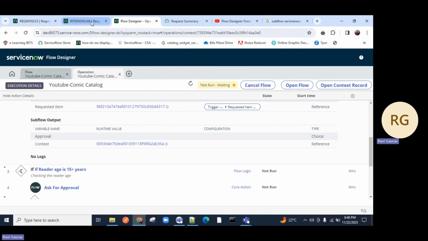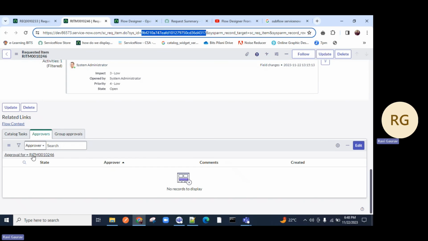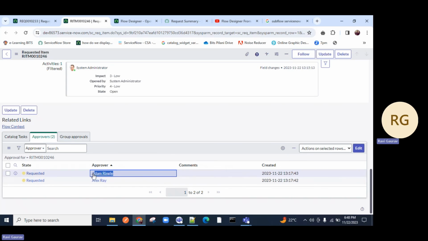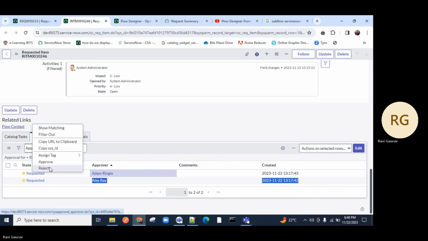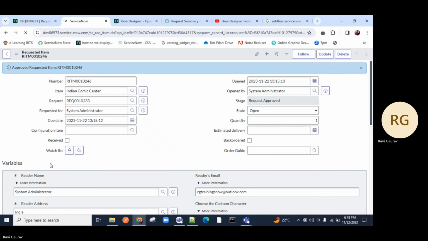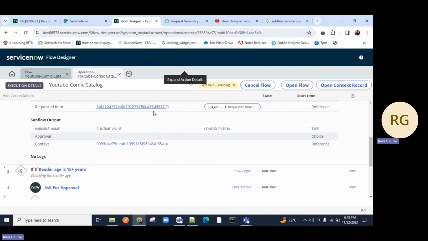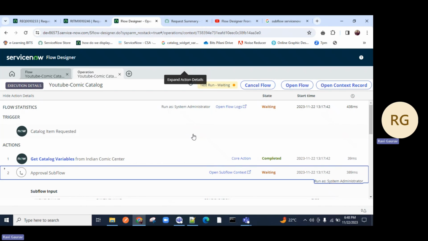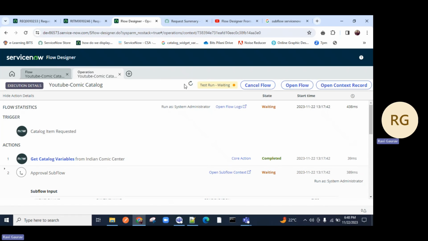So how can we check? Go back and just refresh it. You will see two options, Adam and Alex. Let me approve it. Right click, approve. Once I approve it, correct? Refresh the page. Approved. And now let's see where it is. This button is there, guys. Refresh it and you will notice this will be